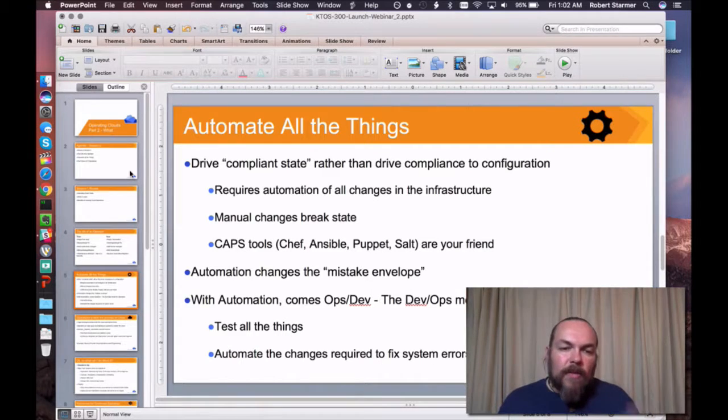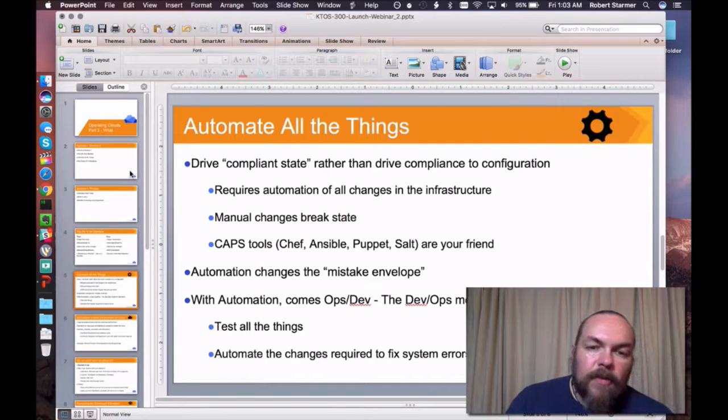One of the things that we still as operators have to consider is that often we're the ones that are held up to ensuring that our infrastructure meets certain compliance requirements. But if we build everything, our network, our storage, our compute infrastructure, our platform resources, based on this concept of state-based compliance rather than configuration modeled compliance, we actually can automate all of the changes in our infrastructure and always have a compliant or at least known changed state.